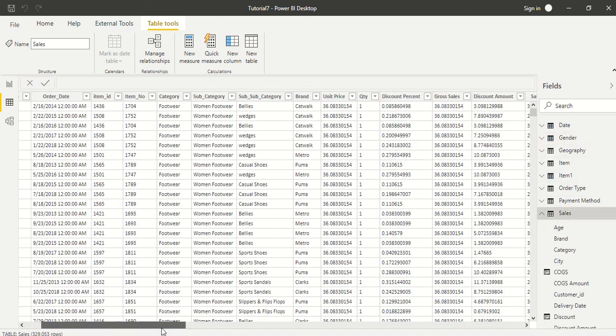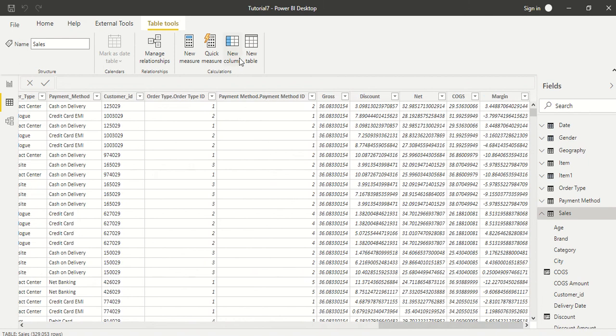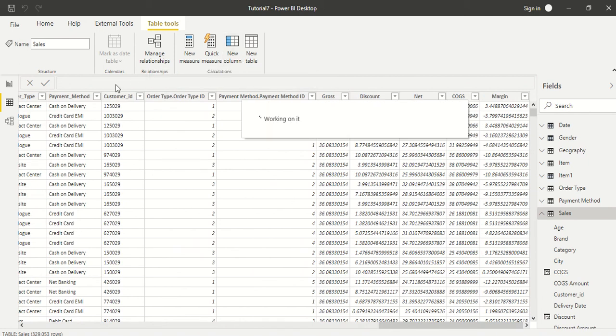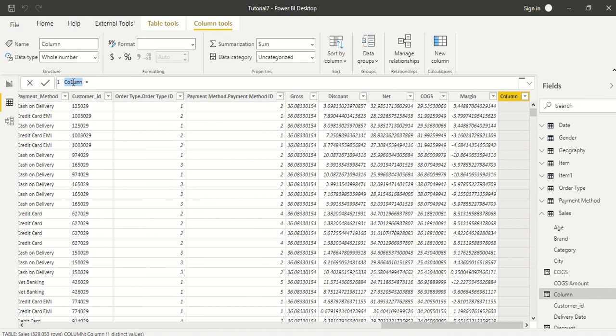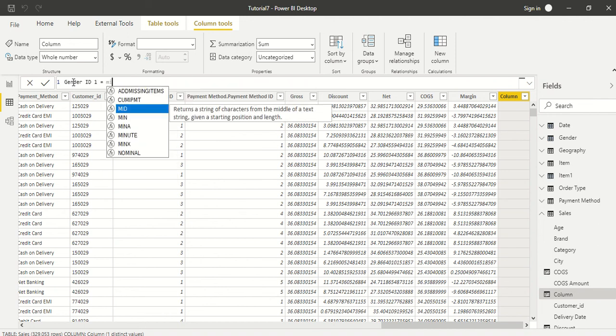We go to the sales table and we create a new column. In the new column we call it gender ID 1 because we already have a gender ID, and we use the function MINX; MAXX or COUNT we could also use.